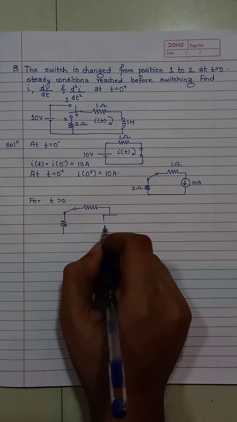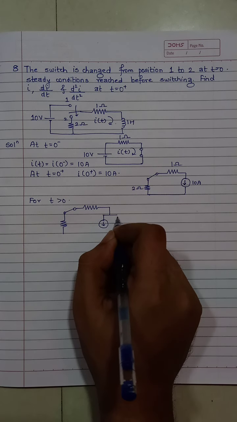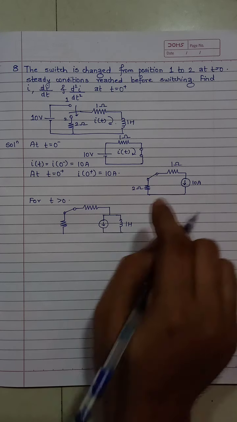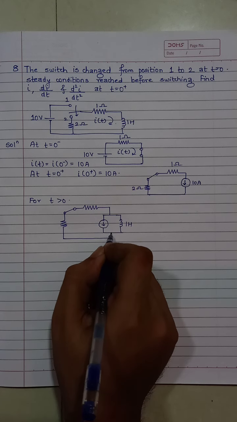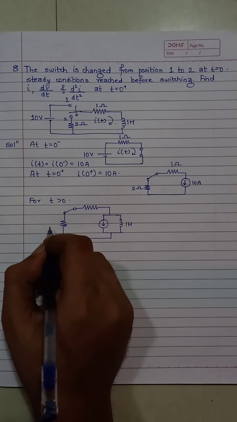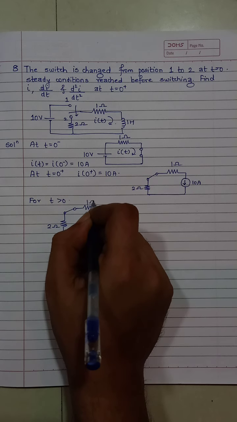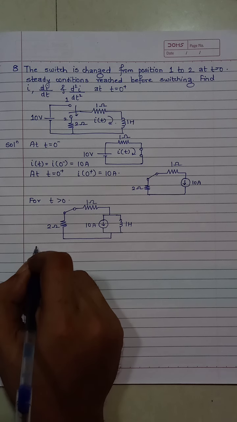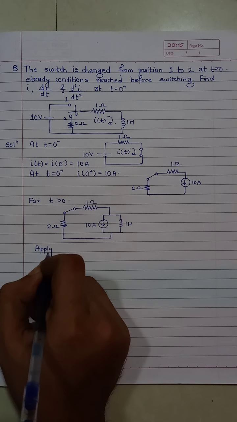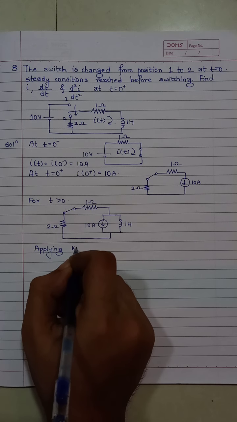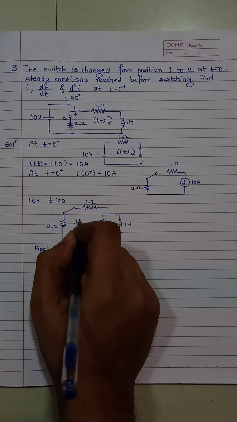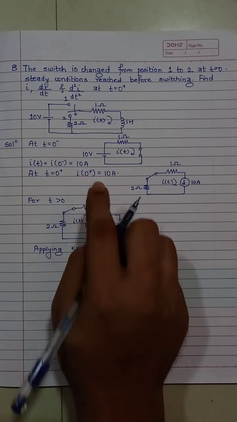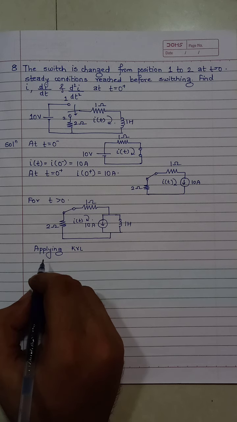You will have the current source in parallel with the inductor. Since initially we have got the value of current, steady state having been reached, there are 2 ohms, 1 ohm, and this is 10 ampere. Now applying KVL, i of t is flowing into this. This is again i of t at 0 plus time. So applying KVL will give me